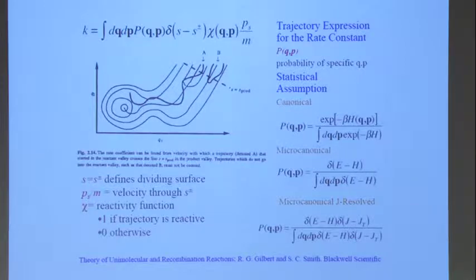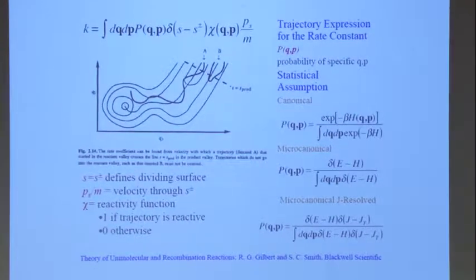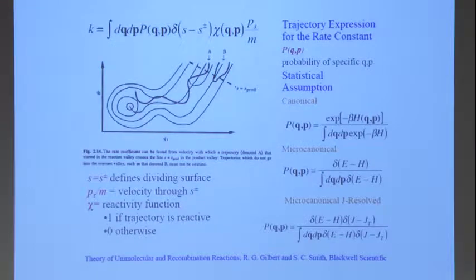And in some cases, if you're in a high vacuum, you have no collisions at all. The poor molecule's floating around there all by itself for a long time, like in interstellar space. It can't do any collisions, so it can't even change its angular momentum. It just keeps spinning at exactly the same angular momentum all the time. It has the same energy all the time. And then you should do microcanonical with J resolved. So J is a constant of the motion, and E is also a constant of the motion. And so these are different expressions for the probability of having a certain position and a certain momentum, depending on what physical situation you are in: Boltzmann, E conserved, E and J conserved.